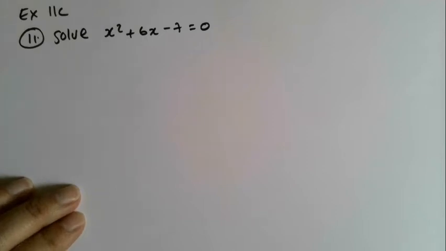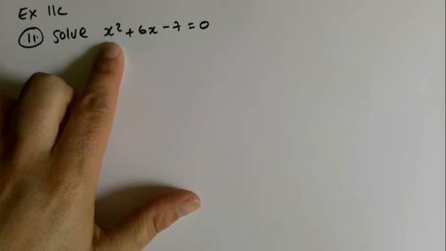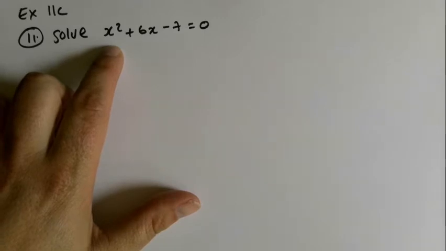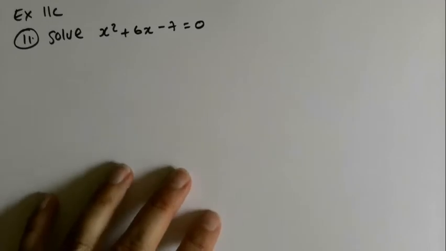Right, so here's a little bit of help to get you started on 11C if you are stuck. This stuff is putting together the stuff we've been doing this week and last week and the week before. So if we're asked to solve a quadratic expression like this, then the first thing we have to do is factorize it. And then whenever we factorize it, we will end up with the two brackets equal to 0. And then if you remember back a few exercises ago,